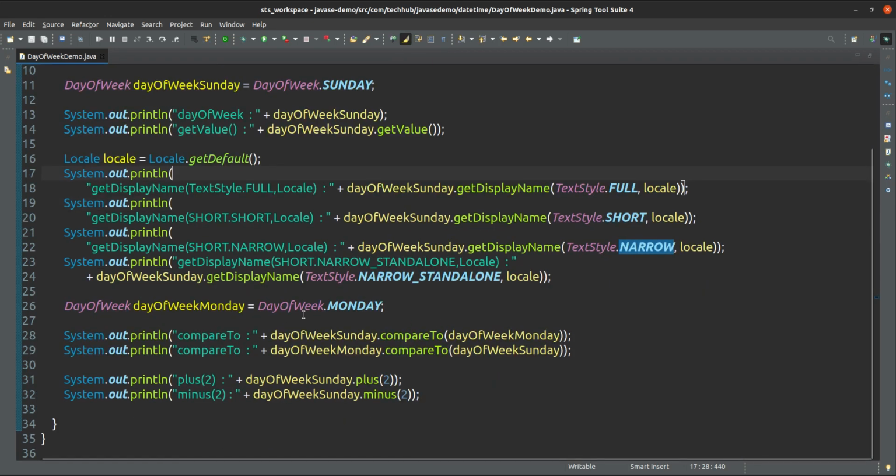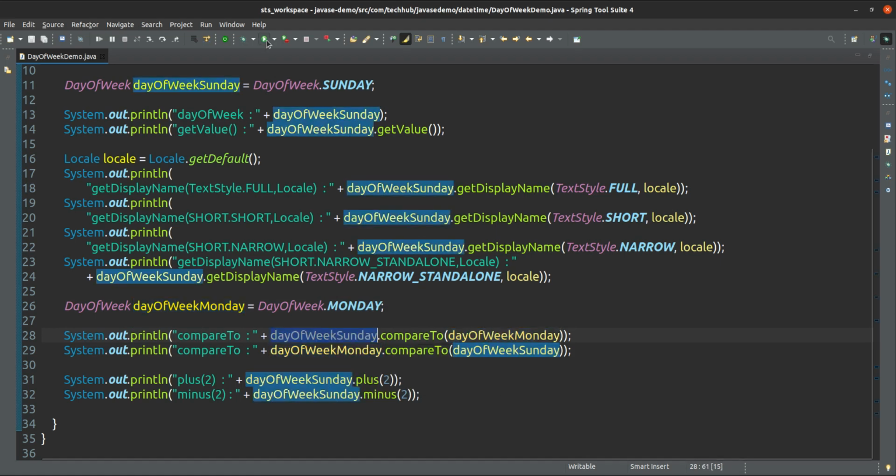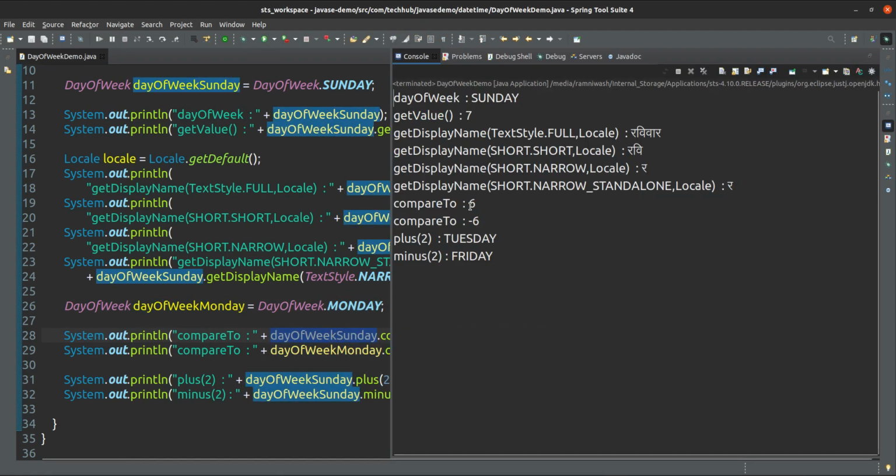Okay, here another day of week, one more day of week I have created, Monday. So if I compare this day of week to this day of week, this day of week is greater than this day of week, because this is Monday, the first day of the week, and this is the last day of the week, so the difference will come as plus 6.